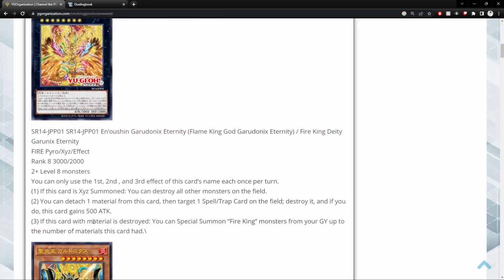And if this card with material is destroyed, you can special summon Fire King monsters from your graveyard up to the number of materials that this card had. So if you only use this first effect, which doesn't need to detach anything, whenever this card is destroyed, you can summon 2 Fire Kings from the grave, which is really sick. Unfortunately, most decks these days have non-destructive removal, like bouncing or banishing or whatever, which kinda sucks for this card,